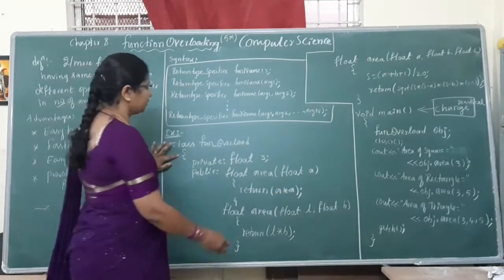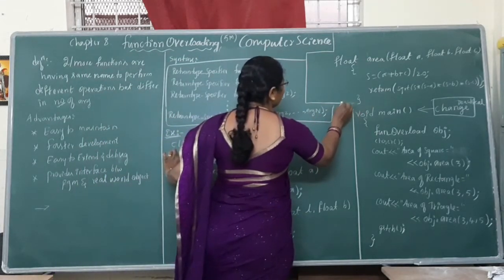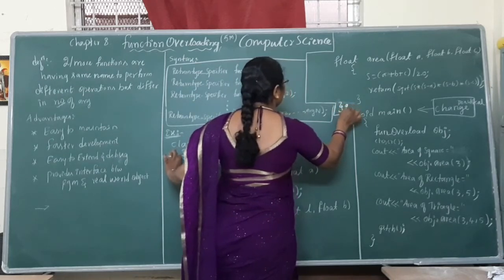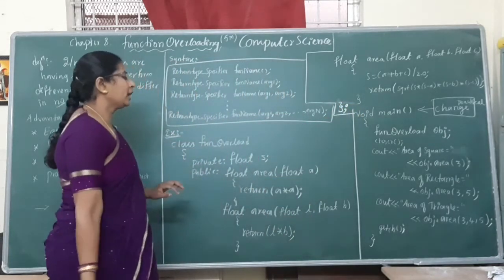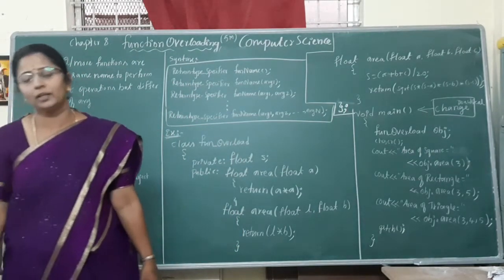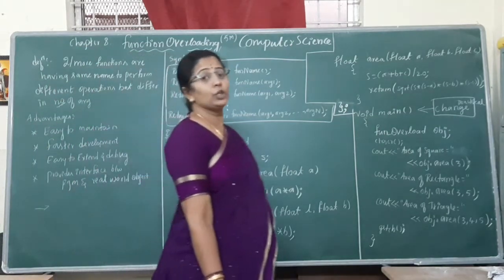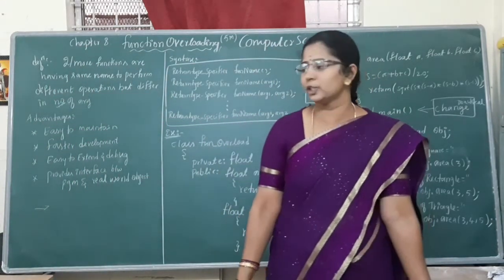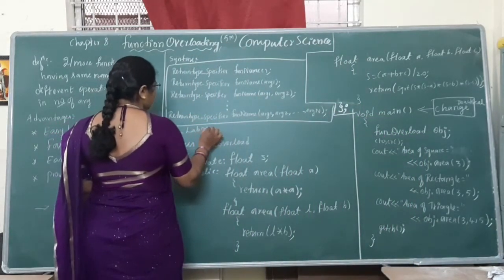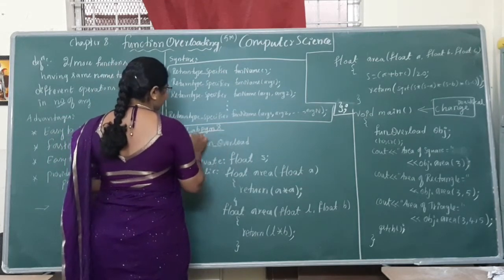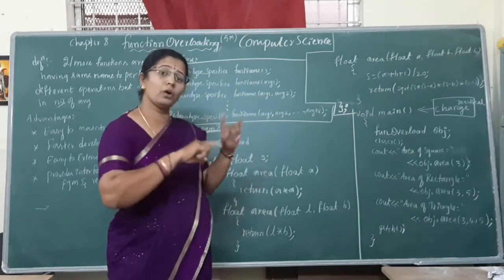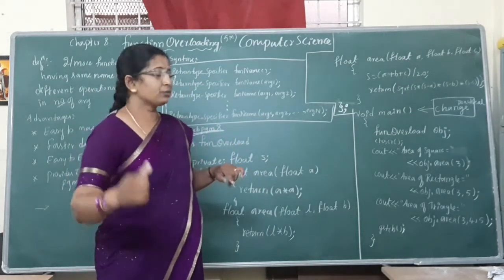Syntax, and this is an example from here to here. Class definition. What is the program? Write a program to find the area of square, rectangle, triangle using function overloading. This is lab program number 8. I have written the complete program in the classwork. Those who need to copy this one, you can copy it along with that one separately. That is for practical purposes.